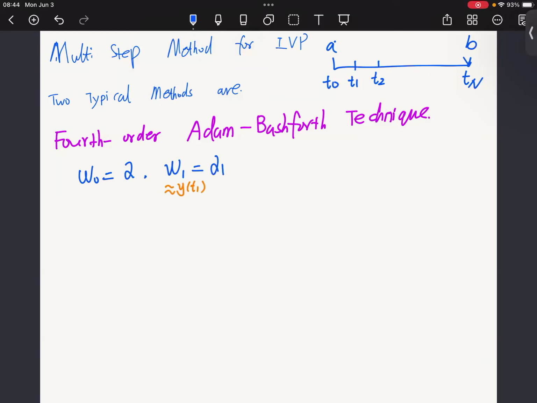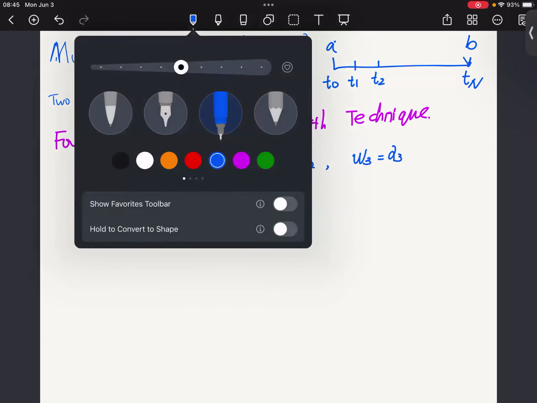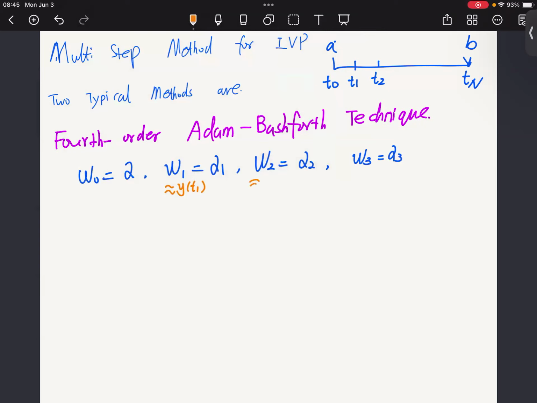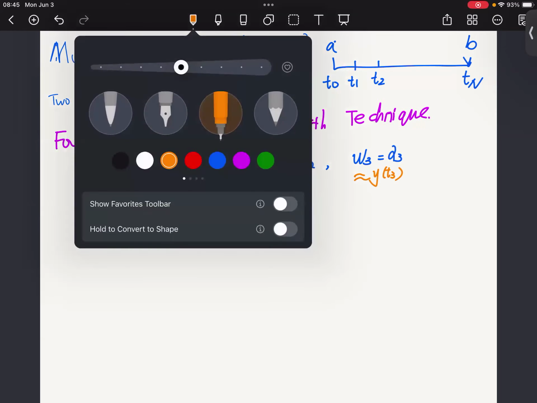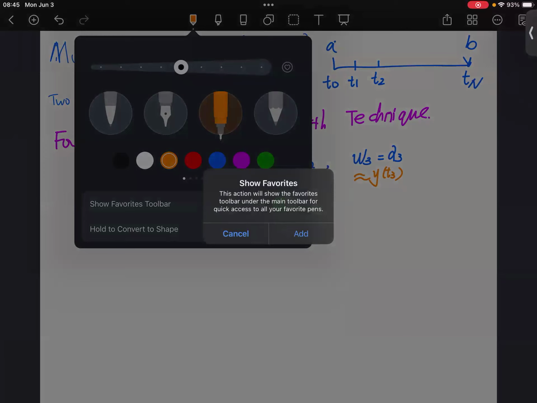So let's say we get some information about the points at the very first few points. And let's say we also have the W2 value and the W3 value. All of these can be approximations: this one at Y2, and this one the approximation of Y at time 3, the T3 node. And this typical